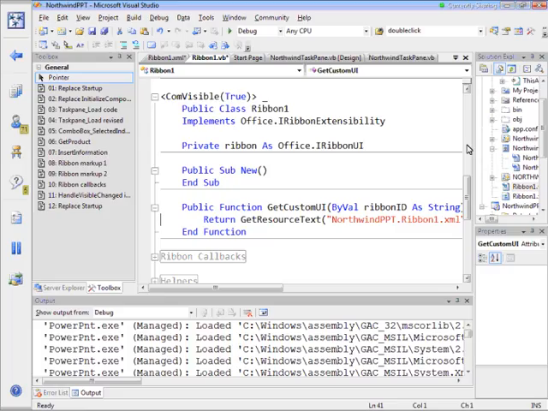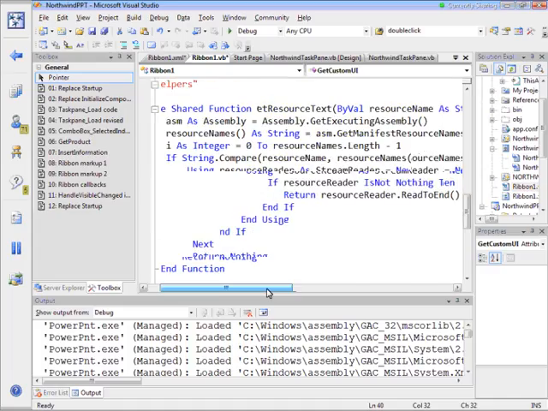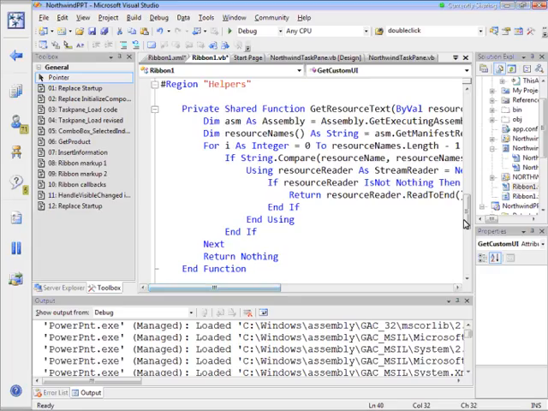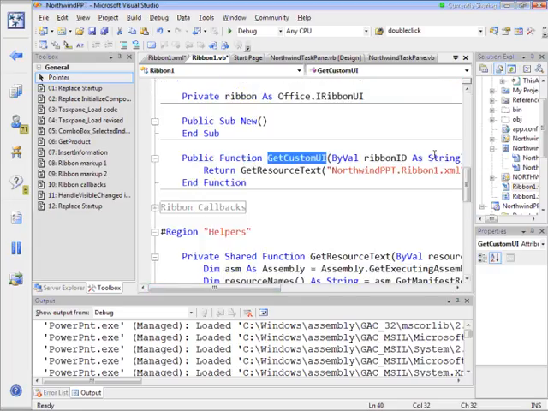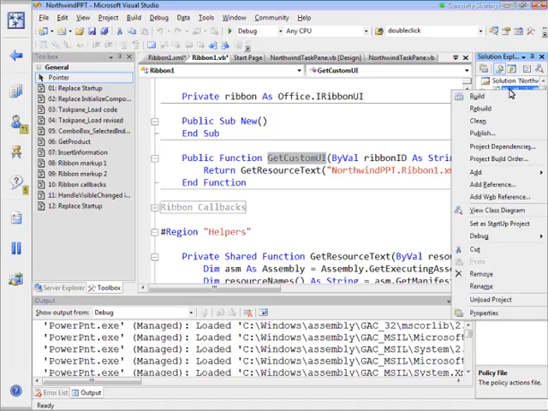Now here, we need some way to retrieve that XML content. The ribbon must supply a method called GetCustomUI that retrieves the XML and hands it back. Now, the Visual Studio designers didn't know how you were going to put that stuff and where you were going to put it, so there is a method called GetResourceText down here, which is an ugly thing, which does all sorts of messy stuff to retrieve a resource with the same name as the ribbon. But you don't have to do that, and I would suggest that everyone jettison that code and instead go to the properties of the project,